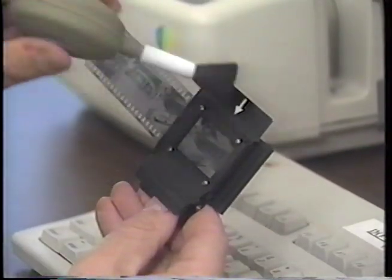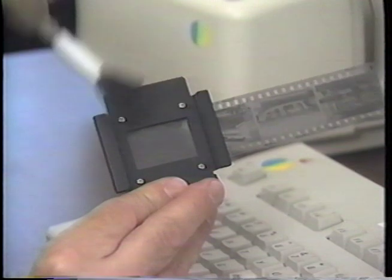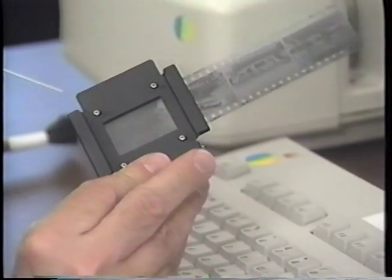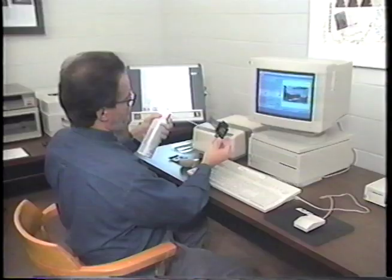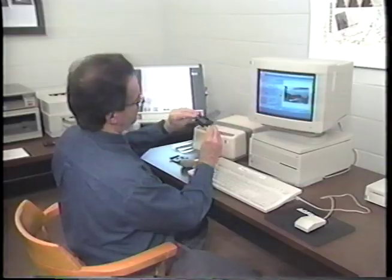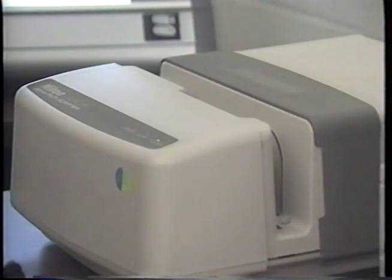Once I have the film loaded in here, the next thing I would do is take a cleaning device. Some people use anti-static cloths. Some folks use the camel hair brush, the same as you would in a traditional darkroom. In this case, I'm also going to use a little dust off as well, and hope that I don't blow the film right out of the holder here. Okay, I'm now loading the